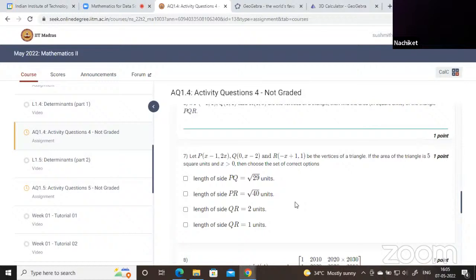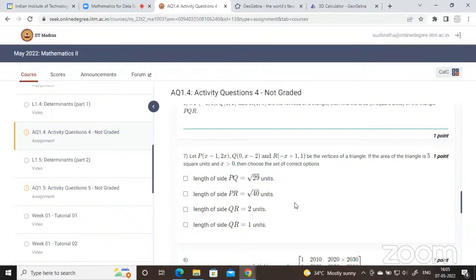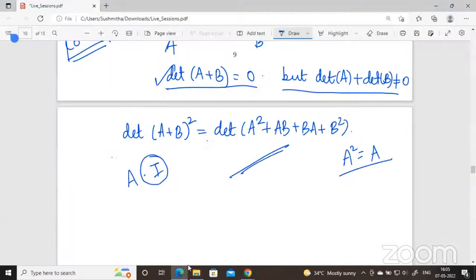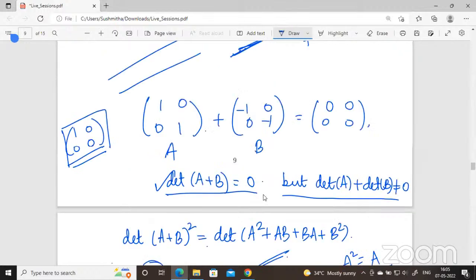Ma'am, one more suggestion, ma'am. Sorry, I'm interrupting the other student. When you upload in the discussion forum, okay. And when you upload the PDF, what you have given, can you upload the blank PDF also, and the notes you wrote? So you solve. Can you make it two? Yes. Because I want to solve one. I will upload this one in which I have written all this. The blank one also. Can you... What do you mean by blank one?